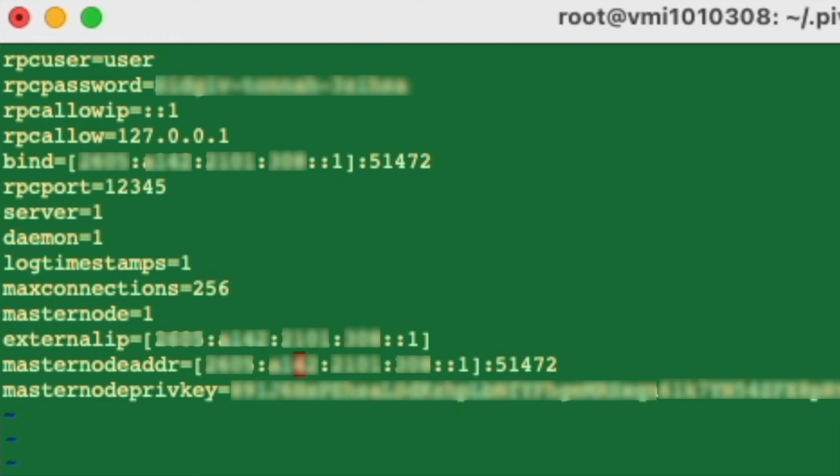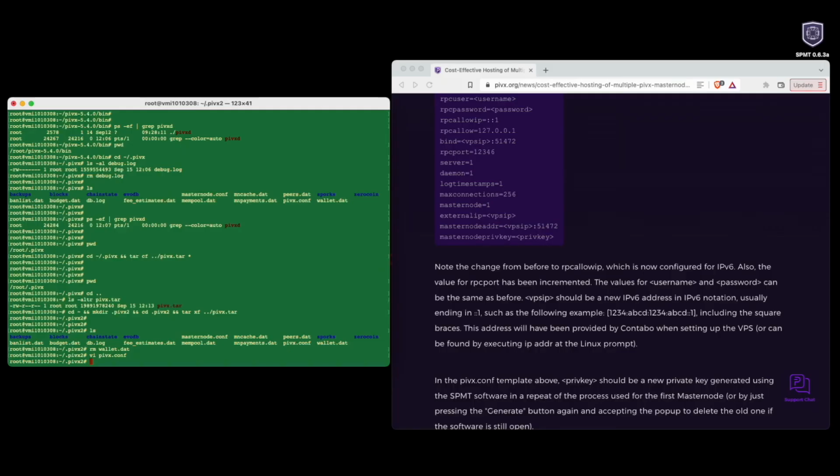We have to get that, right? So that is going to be generated in the same way that we generated it for the first masternode. What I'm going to do, though, is just save this file as the config file for PIVX2, knowing that we need to generate the masternode key. And what we can do now